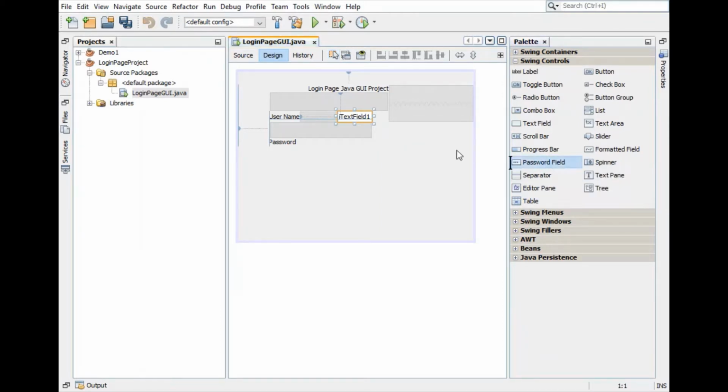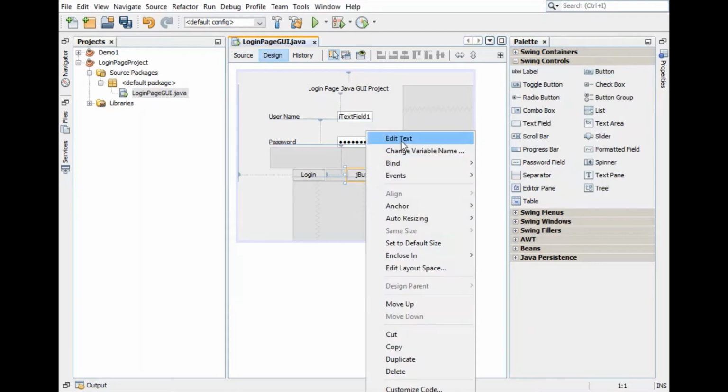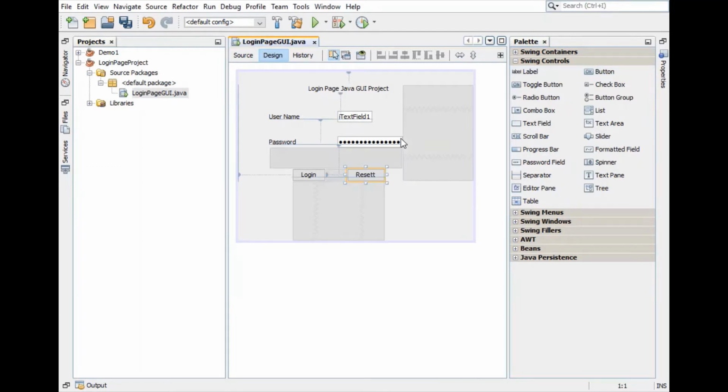So get the password field here, and then we need buttons. Let's drag a button here, button 1 for login, and one more button for reset. Now to display login successful or login failed, we need one more label also. So let's put that label here.